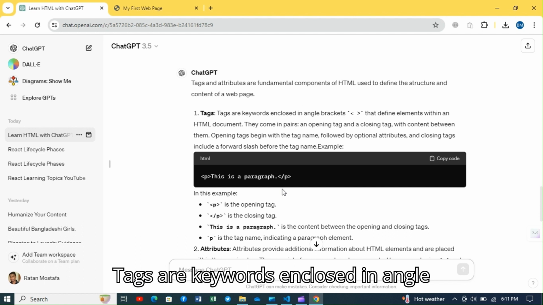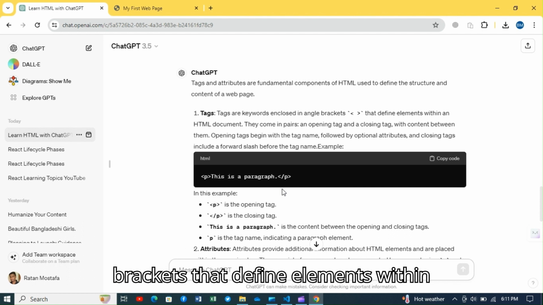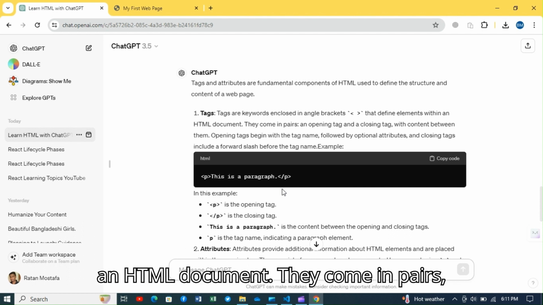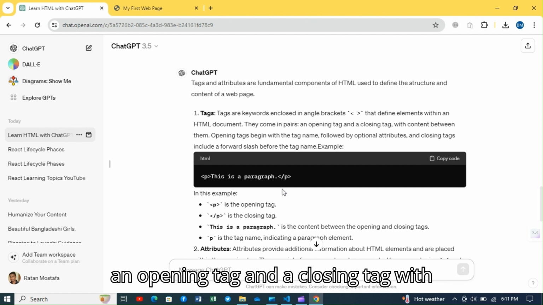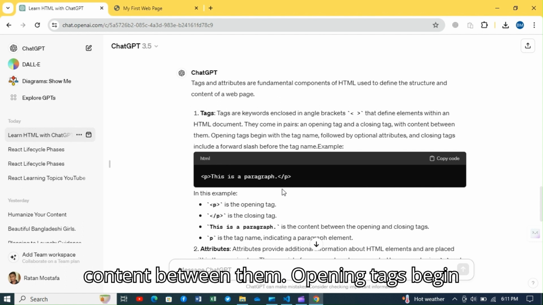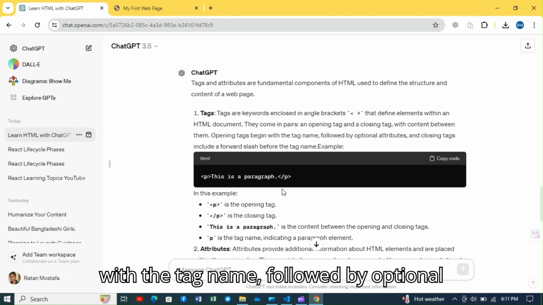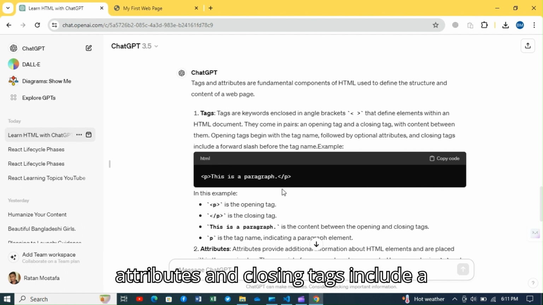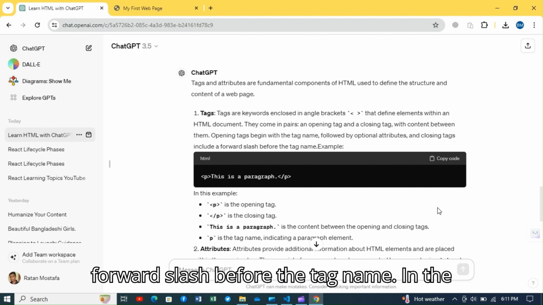Tags are keywords enclosed in angle brackets that define elements within an HTML document. They come in pairs, an opening tag and a closing tag, with content between them. Opening tags begin with the tag name, followed by optional attributes, and closing tags include a / before the tag